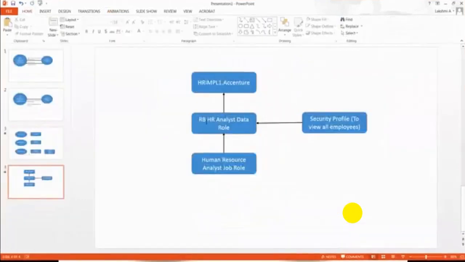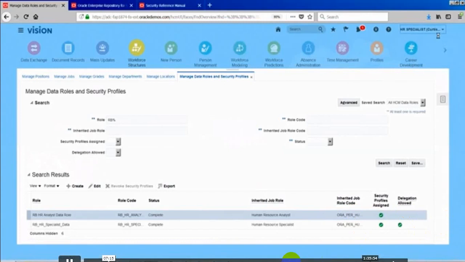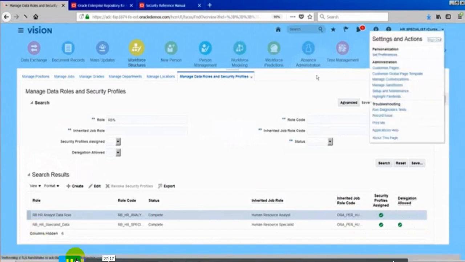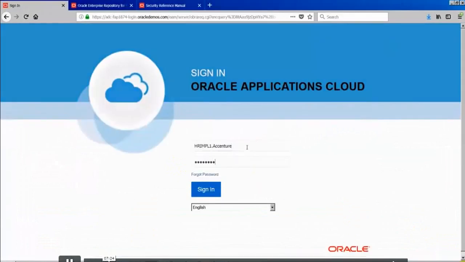In the previous scenario, we created the HR analyst data role by inheriting the human resource job role, by creating a security profile to view all employees. And we created the data role and assigned it to HR IMPL1 Accenture. So if this HR IMPL1 Accenture user logs in, let us see. When the HR IMPL1 user logs in,